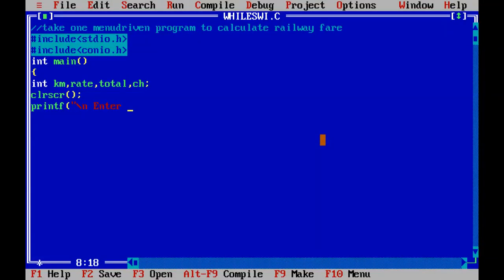Enter 1 to calculate fare and 0 for exit. Scanf %d, &ch. Now we are taking while ch not equals to 0,